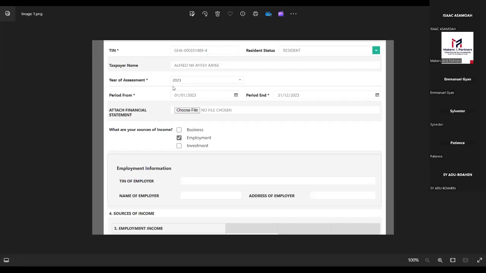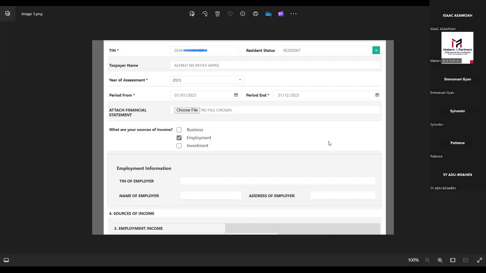So let's look at how we can file our personal income tax returns. Once you open the portal, you click on your status. You don't even fill in this side. The Ghana card number comes, your name, and then everything comes. Where you are supposed to tick, if your business financials is ready, you are going to choose the column attach financial statement. And this financial statement needs to be signed by an auditor.